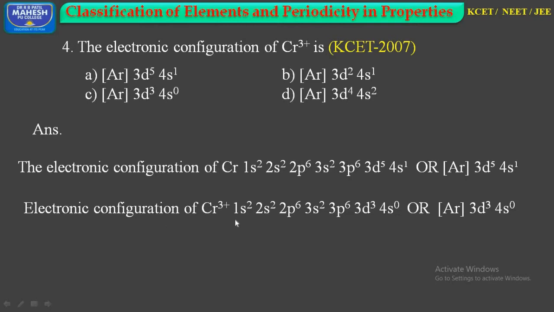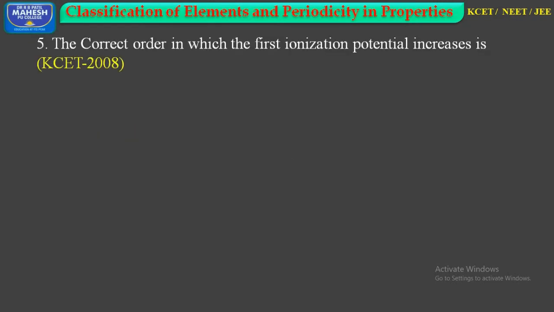So we get the electronic configuration for the chromium cation with 3+ charge as 1s2 2s2 2p6 3s2 3p6 3d3 and 4s0, or by using inert gas configuration, argon represents the first 18 electrons as the inner shell, followed by 3d3 4s0 as the outer electronic configuration. So students, with this we can tell that option C is the right answer: argon 3d3 4s0. Moving to the next one, question 5.